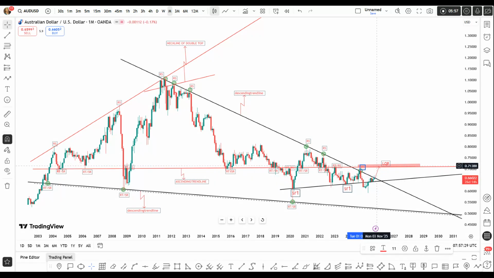A push up from this trend will be moving into my liquidity provider zone, which is approximately mapped out, where I'm anticipating that price could technically push into that zone. It's possible. There is a very high probability that we could push into 0.70552 AUD USD exchange rate,